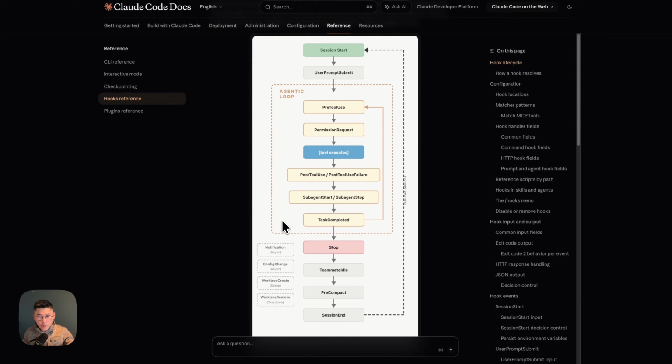And why did I go through all of these? Because you can attach a hook action to any of these triggers, right? So you can say, every time I start a session with Claude, run this action, or every time I submit a prompt to Claude, do this. The example that you saw with the confetti is